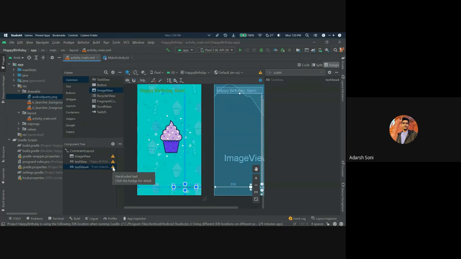Now the text views are showing hard-coded text. What does it mean? When you write apps, it's important, here in the component tree, the yellow triangle is showing hard-coded text. Click the badge for more details. It's important to remember that when you write apps, they may be translated into another language at some point, as you learned in an earlier codelab. A string is a sequence of characters, which we learned in our first section, Kotlin basics, like the quotes around "Happy Birthday, Sam" that we have written.